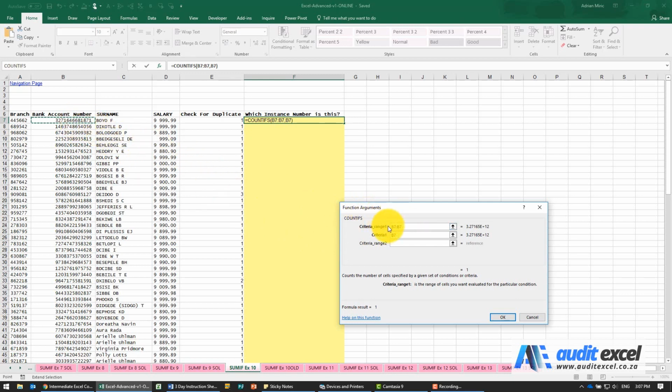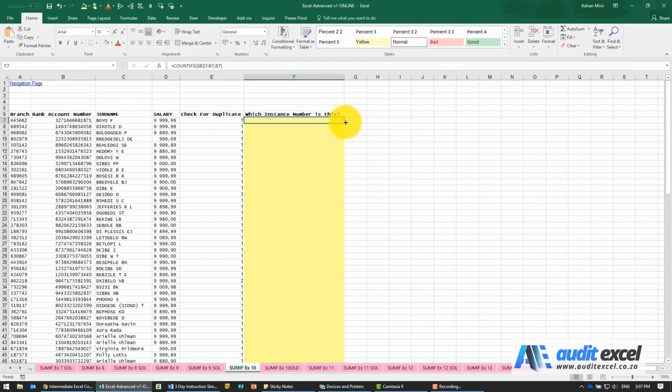But here the dollar signs are very important. So I'm not going to put dollar signs everywhere like we normally do. I'm only going to put them on the first B7. So what we're saying is when you're in this cell, count how many times you see that just over here. When I copy it down, you'll see as you go lower and lower, notice that this one's now saying how many times do I see that in that area there.